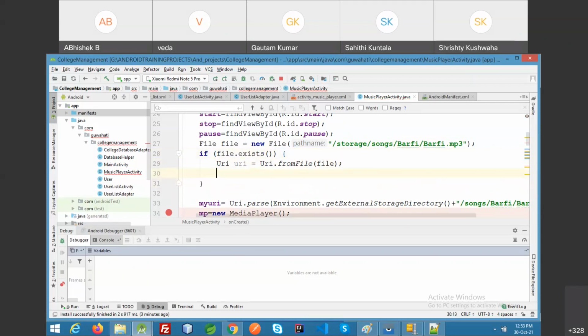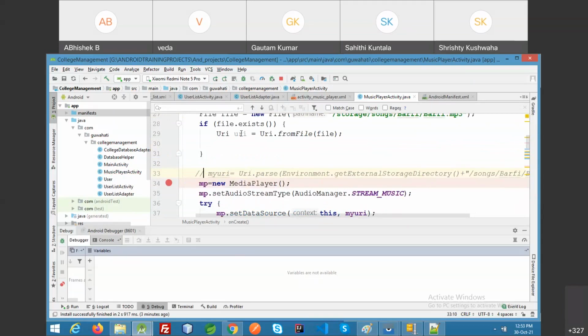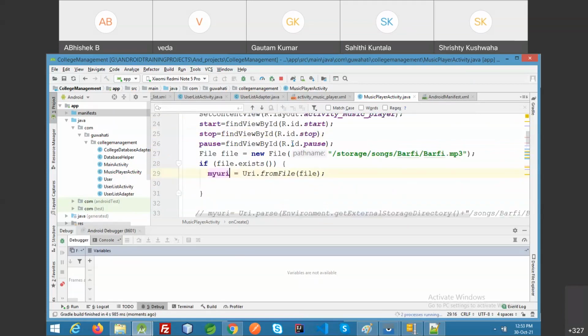So URI created. Now pass it in, myURI. Let's keep it. Let me test it. Is it working?